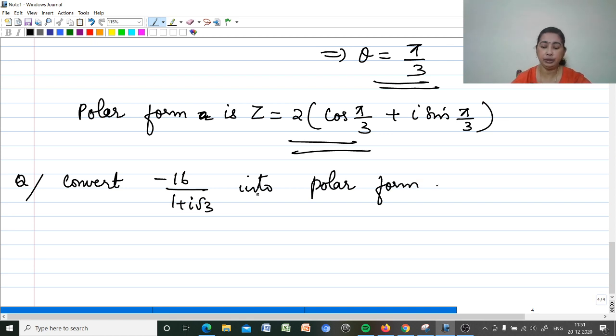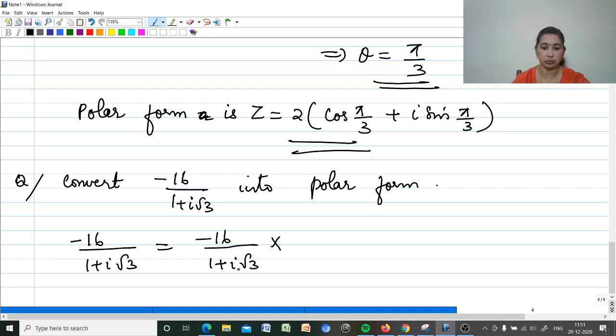Before doing this, we have to understand that only complex numbers can be converted to polar form. But here this is not a complex number. So we have to first convert it into complex number form, and only then can we convert to polar form. So we have to write it in the a plus ib form. So minus 16 by 1 plus i root